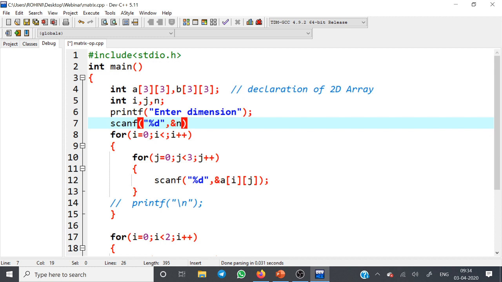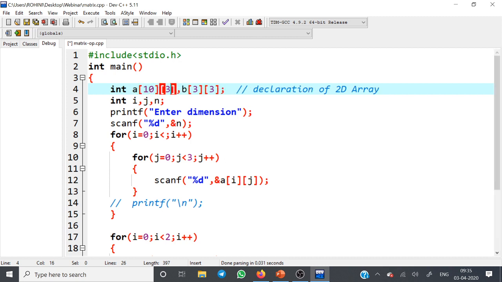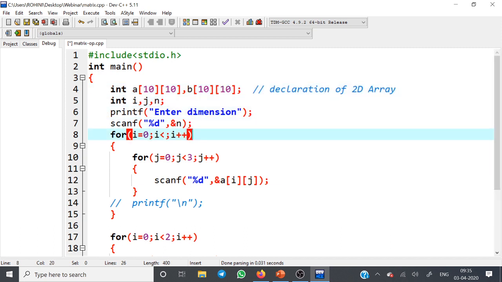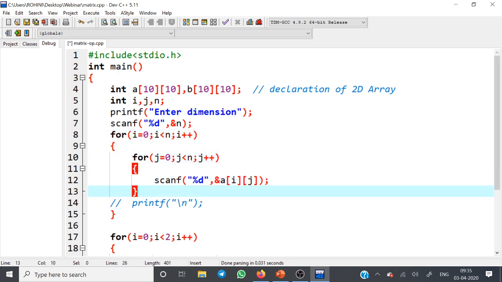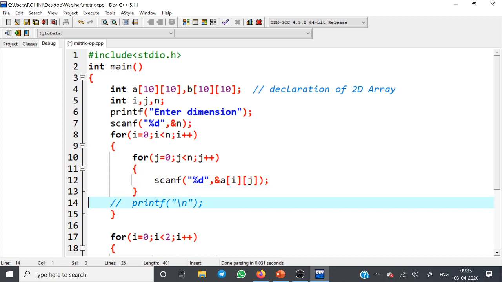When I say dimension, when I specify 3, it means a 3 by 3 dimension, a 3 by 3 matrix. Use a maximum value. Okay, then we have to get the first matrix. For this, we use a loop. For reading the second matrix,